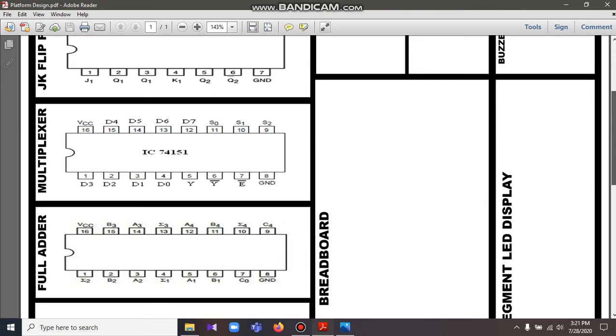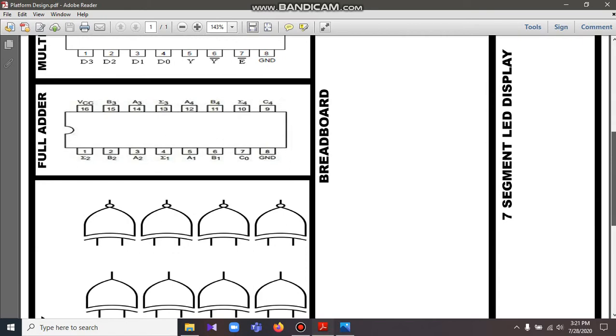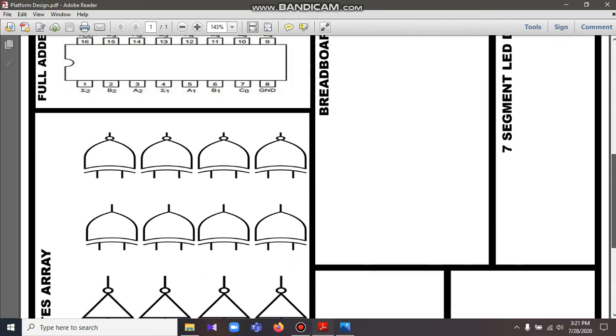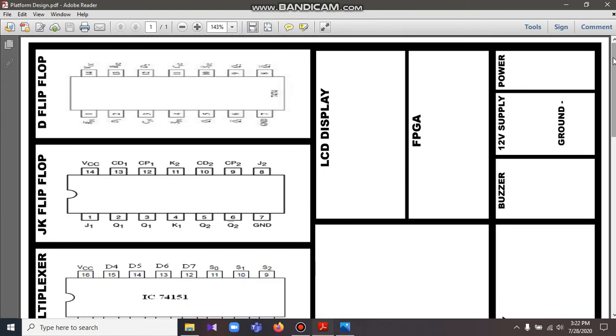For example, the breadboard was to be integrated in the middle so that it is near each element in case the user had to use it. Similarly, the logic gate array had to be on the top left corner, and the FPGA had to be alongside the LCD. The FPGA was also one of the logical devices which was targeted most throughout the labs of this course. We covered software such as Xilinx ISE Navigator to learn the functionality of an FPGA, how it works, and how we can design our own logical board through it.